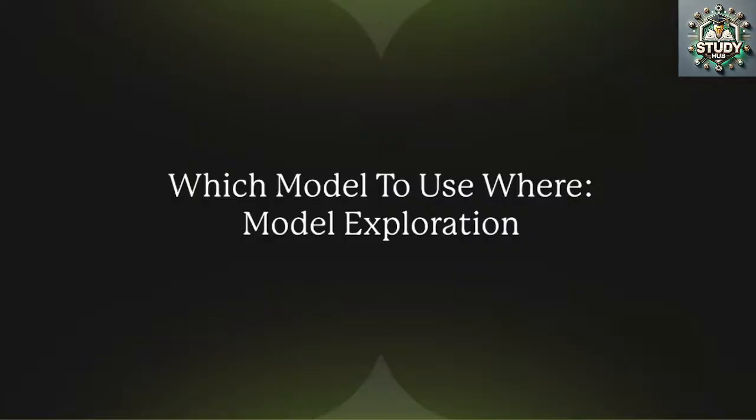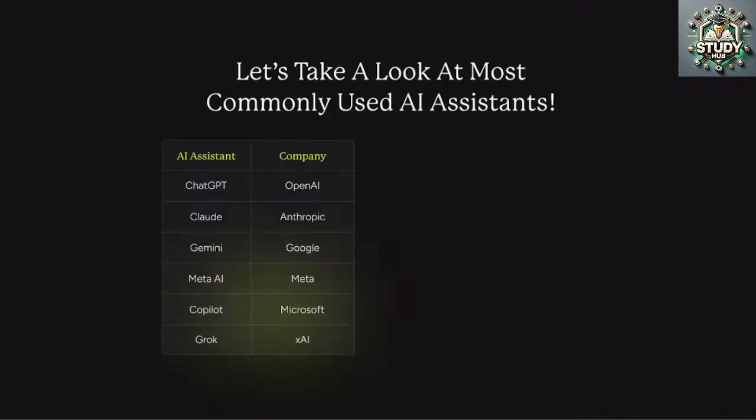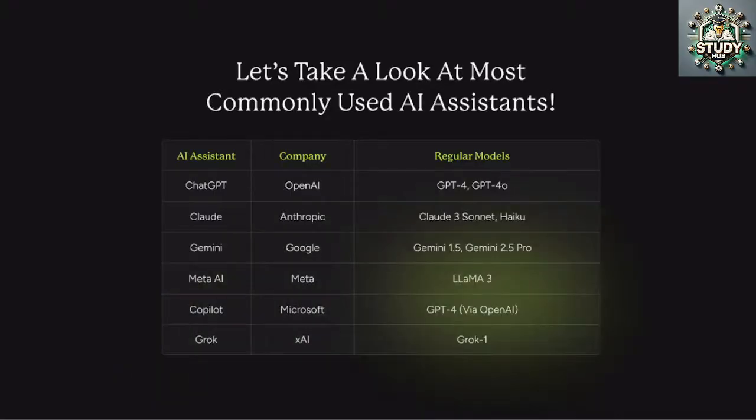So dealing with the model is fine, but the next question which I usually face is which model to choose when. There are tons of models, right? You have all these major large language model companies or players, right? You might have heard about ChatGPT, Claude, Gemini, Copilot, which is coming from Microsoft, right? Grok from xAI, right? All these companies, and you have a lot of these models, right?